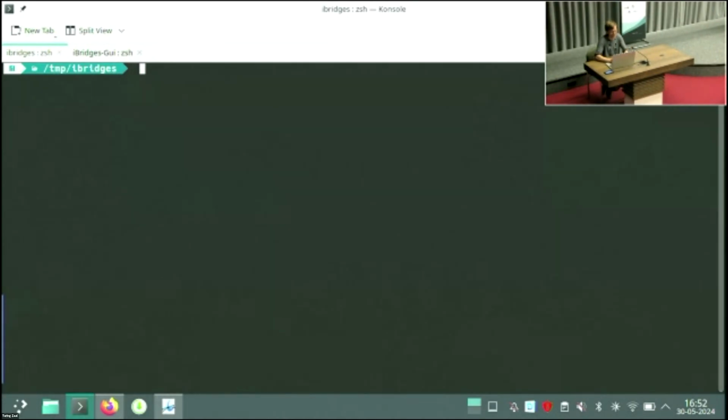Okay, then this is just a normal console, and I installed the iBridges command line interface plus the API. The first thing you would do with iBridges is iBridges init. Basically what this does is that it loads your iRODS environment JSON and checks whether it's correct, and then it caches your password.